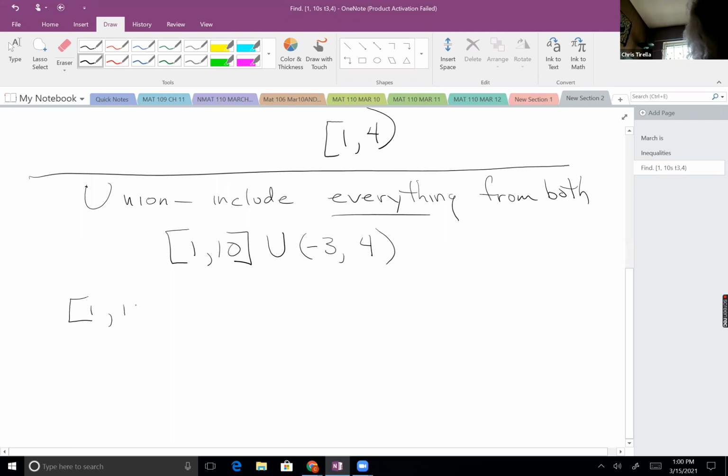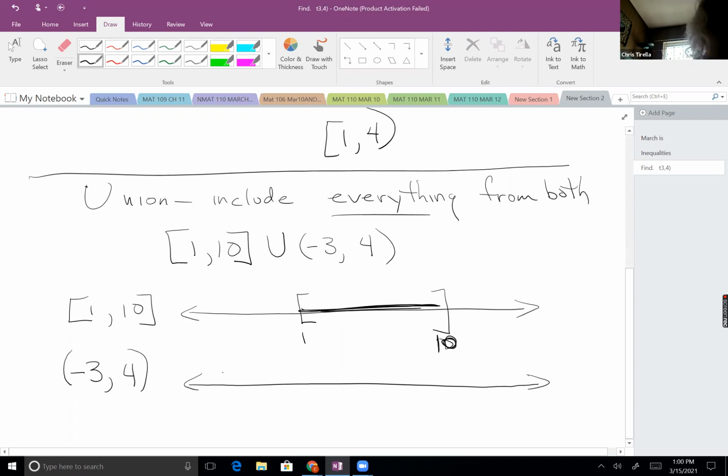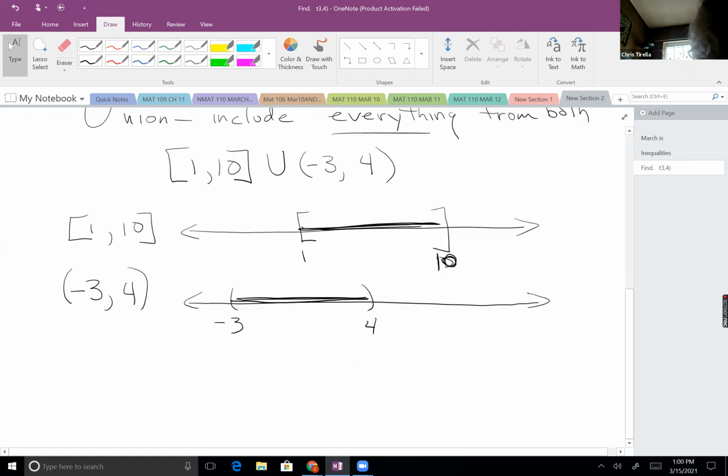Well, again, if I take that closed interval from 1 to 10, I'm including 1, I'm including 10, and everything in between. If I take that open interval from -3 to 4, I'm sorry, that's a 10, by the way. I'm not including the -3. I'm not including the 4, but I am including everything in between. But now here, when I take their union,